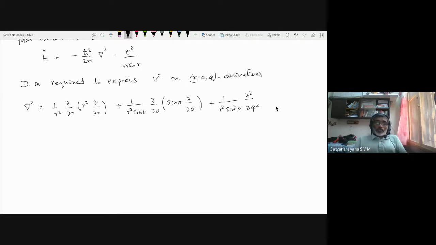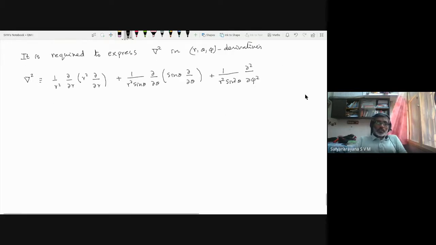Now, usually one can work this out, and mostly it is left as an exercise, and nobody does this exercise because it is a little hard. If somebody is leaving it as an exercise, very few people will do the exercise. But I feel that every difficult thing you have to do at least once. You don't have to do it again and again. But unless you do it, you will not appreciate the difficulties involved in this. Okay, so